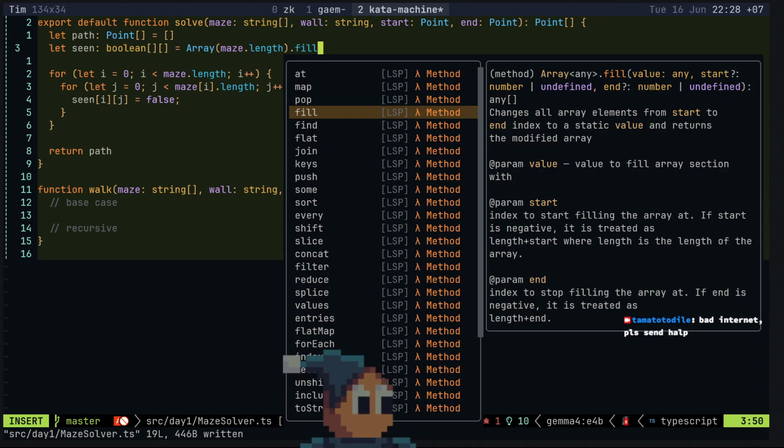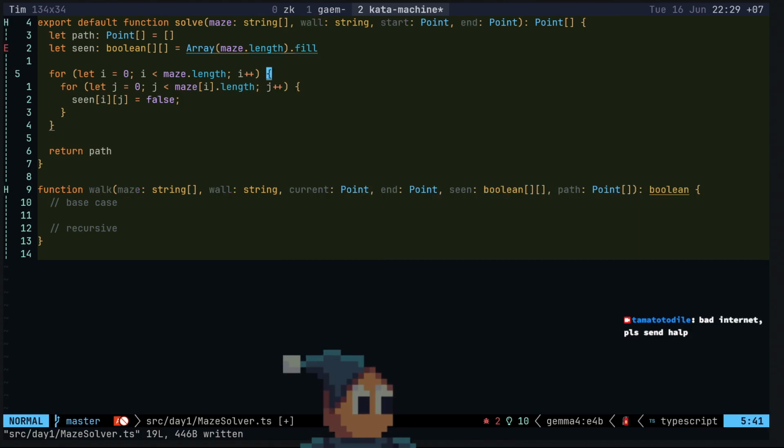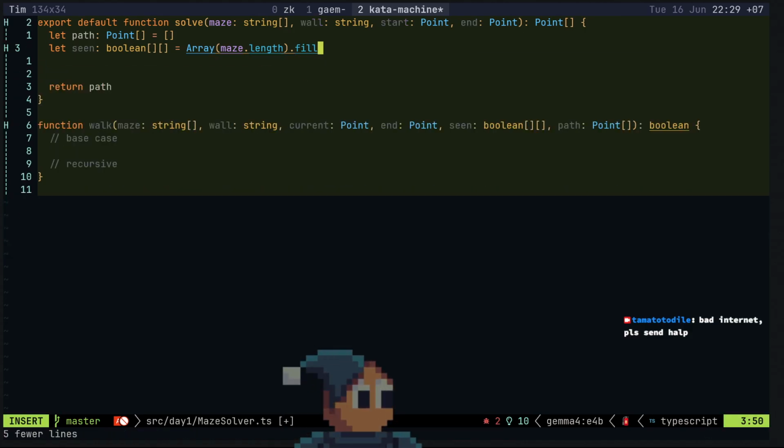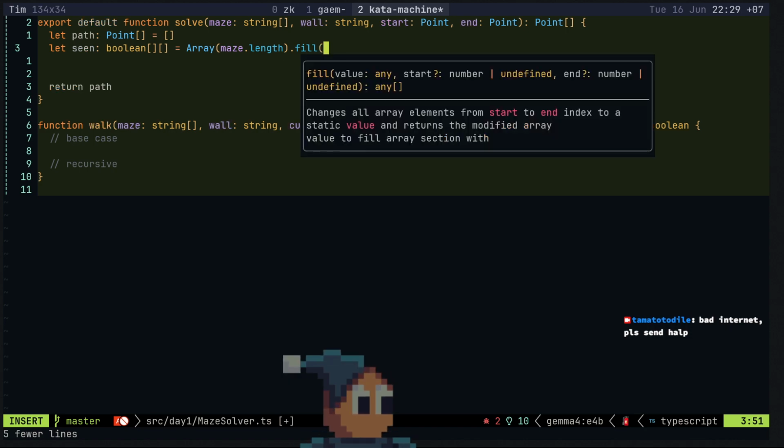Fill. These all random so start negative. Turns modified array.